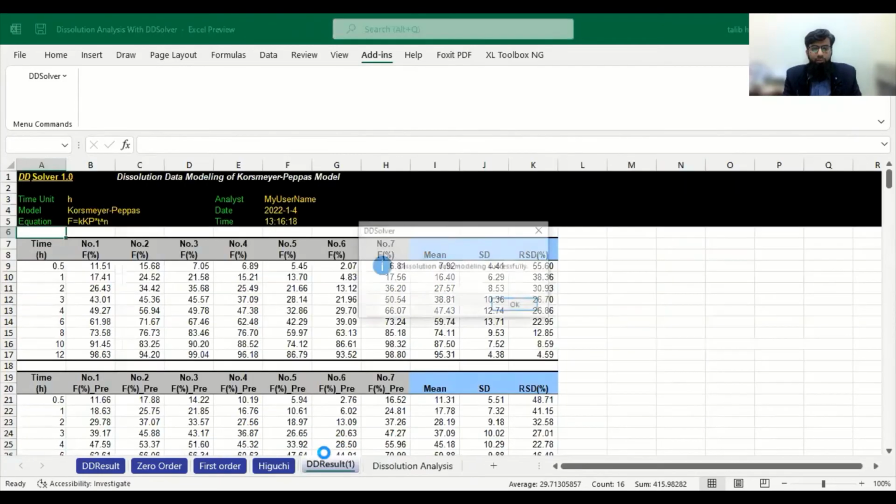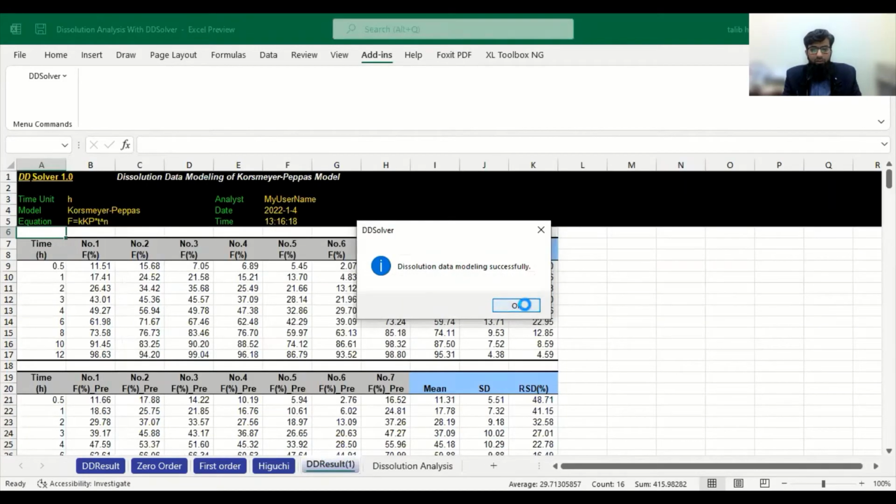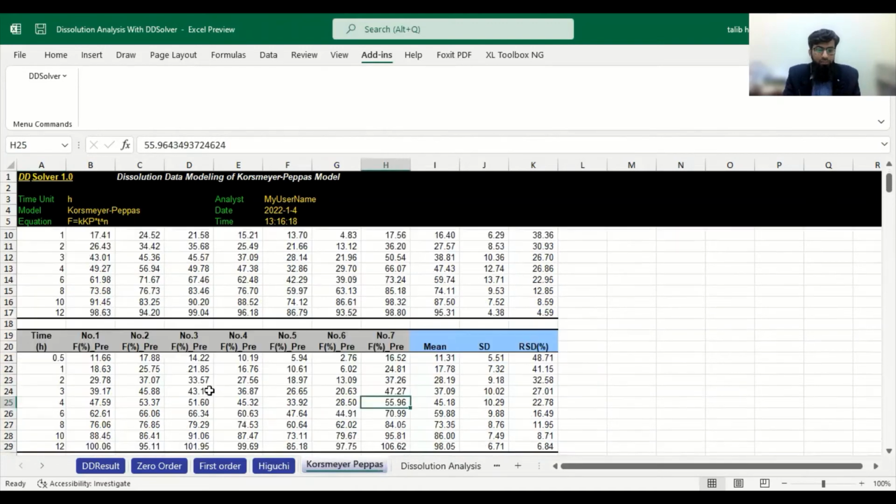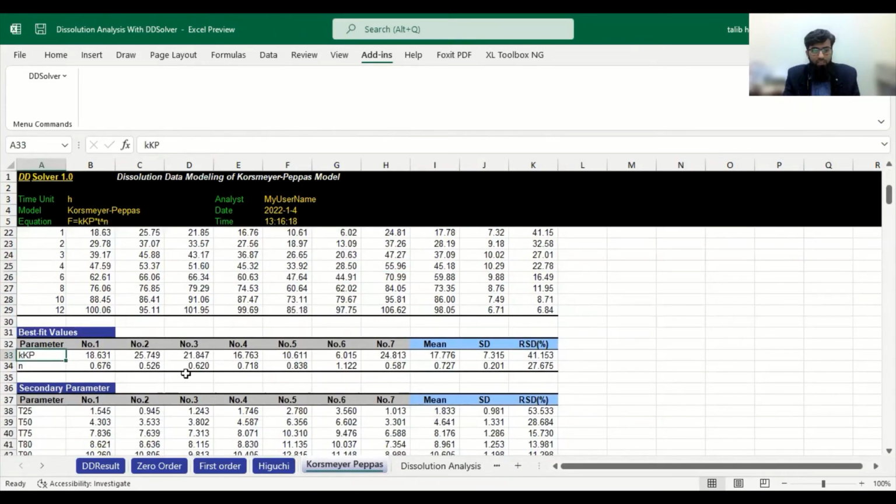If we apply Korsmeyer-Peppas, it will appear again on another sheet. We can rename it as Korsmeyer-Peppas. Again, we will copy the same data, which is the constant.